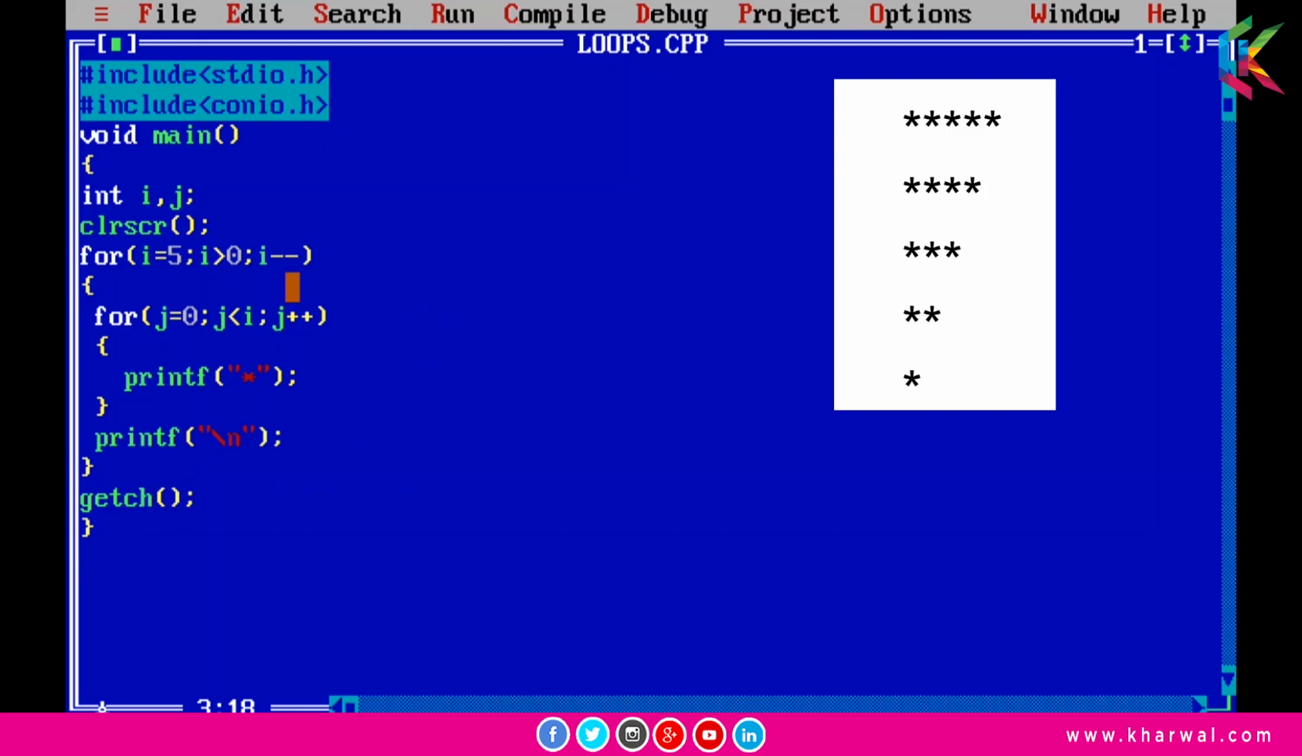And after that i-- will be executed. So the value of i will be 4 and it will check this condition. So 4 greater than 0 and this condition is true, then control will be transferred to the for loop of j where the value of j is 0 and 0 less than 4. Now it will print 4 stars in the second row,